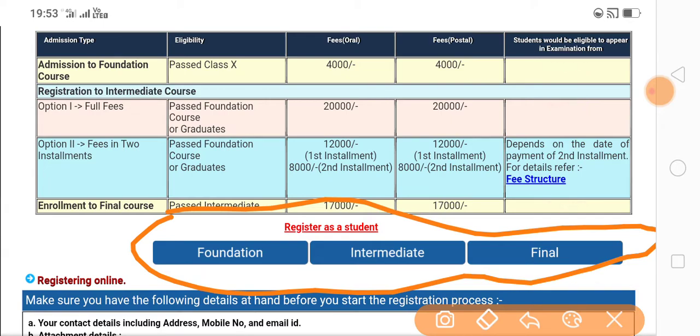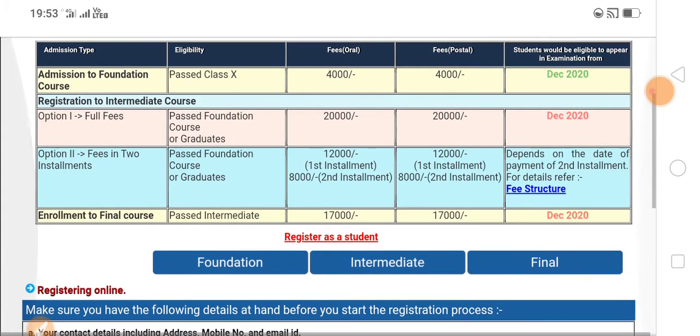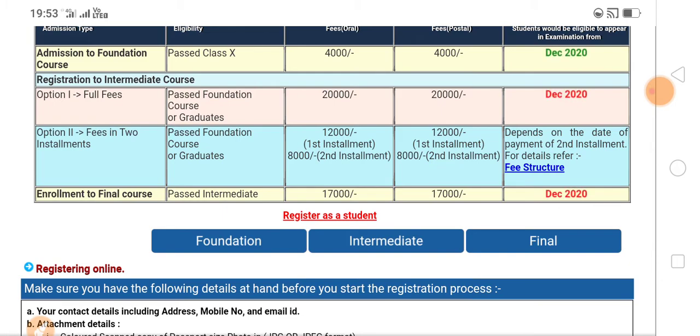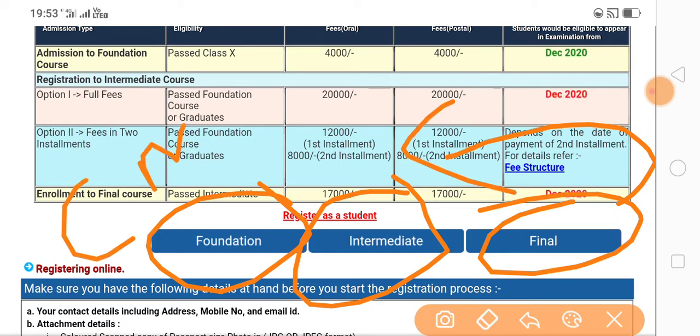Select the level you want. Foundation is the entry level of this course, the intermediate is the middle level, and the final is the full-fledged level that takes you into the CMA profession and degree.